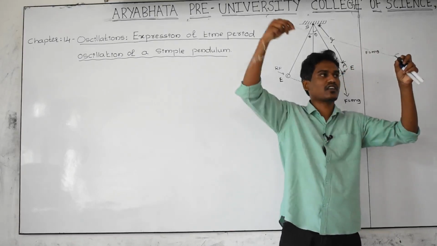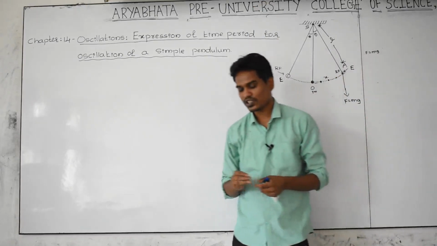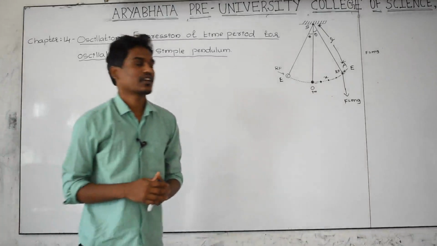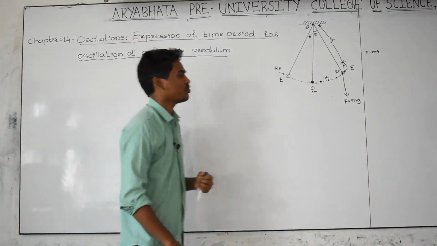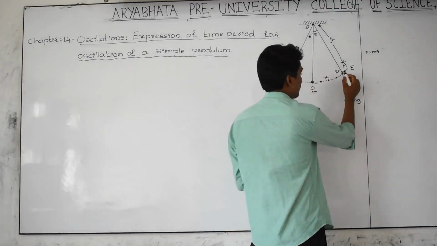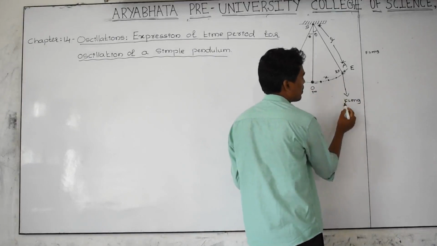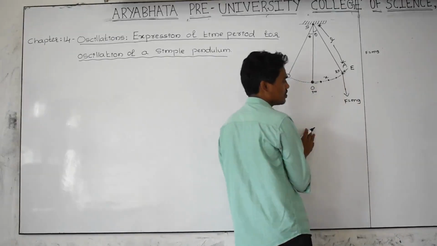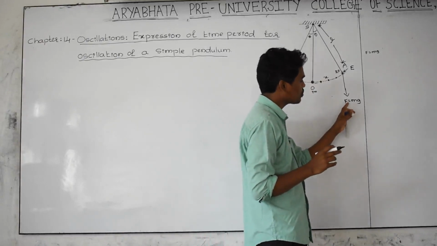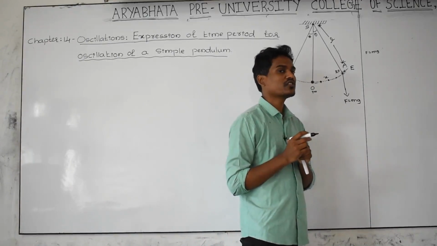Getting what I am saying? Not this direction, that is the downward direction. That is, the force acting on the body by the earth is exactly in the downward direction. You have to observe very carefully. Here, when the body is at this point, the force acting on the body by the earth is exactly downward. I want to split this force into two components. What are components? Parts.